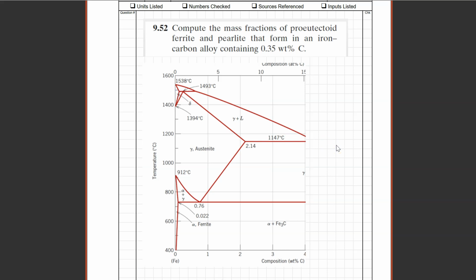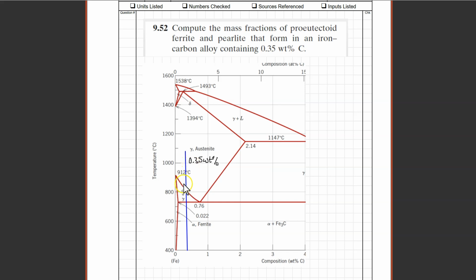Okay, so we've got a 0.35 weight percent carbon. So we have to draw that line. We can estimate that this is the 0.5, so it would be somewhere along here. All right, so we're going to say that is the 0.35 weight percent line. And we want to compute the mass fractions of pro-eutectoid ferrite and pearlite that form in the